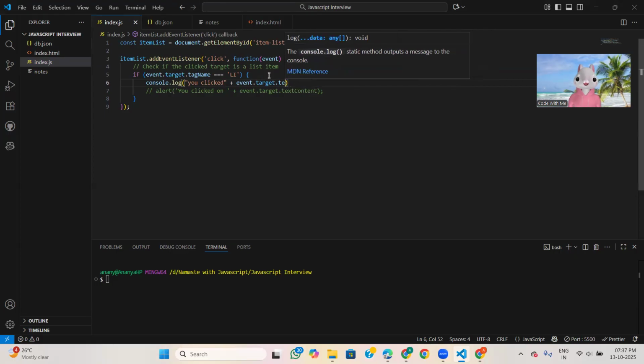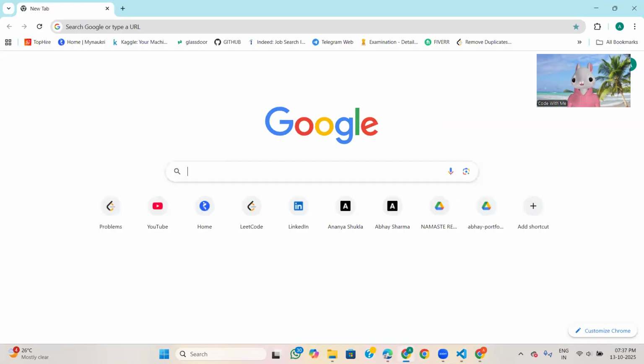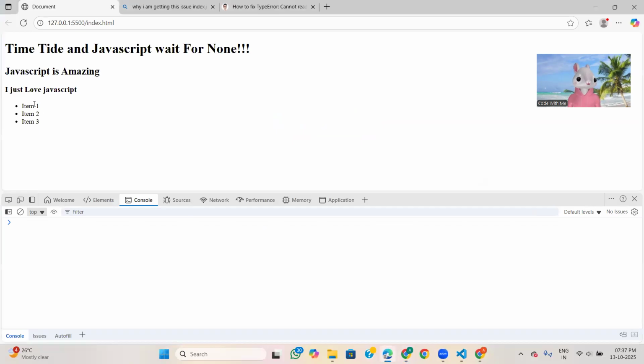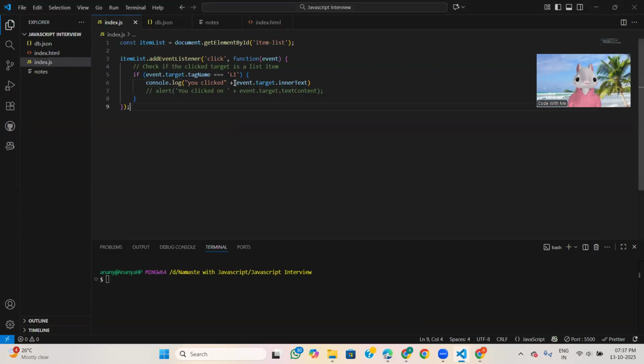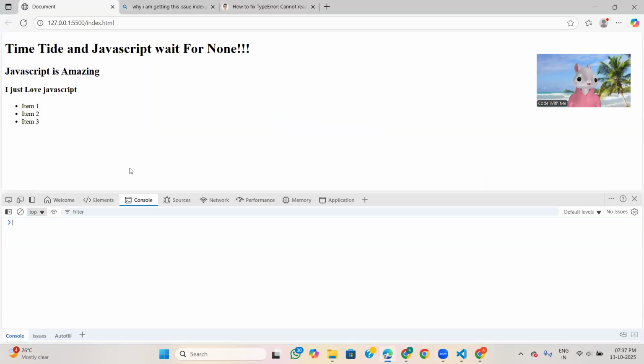Here we can write inner text also. See what will come. If I click here, you clicked item 1. We need some space. See, some space will come. You clicked item 2, item 3, item C.